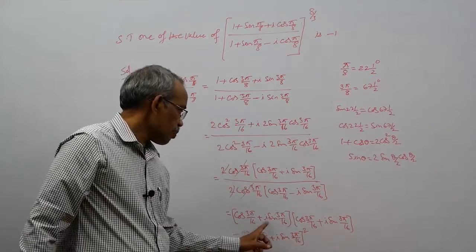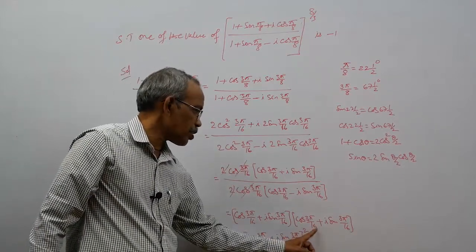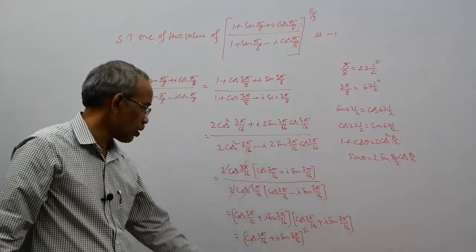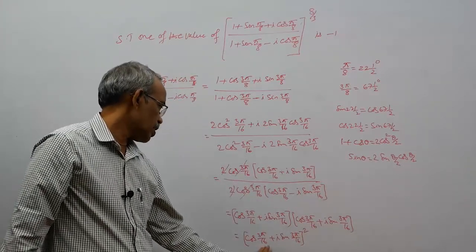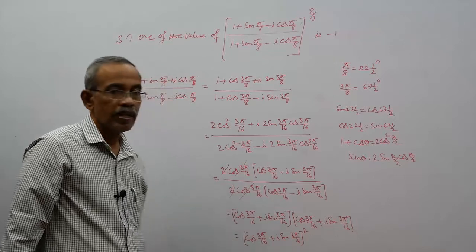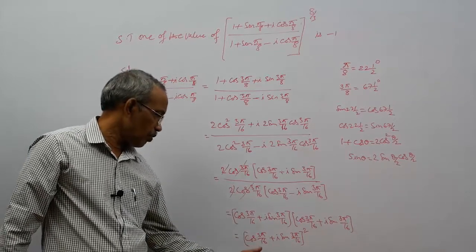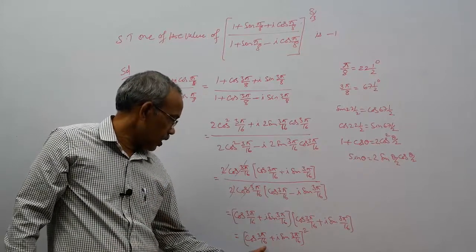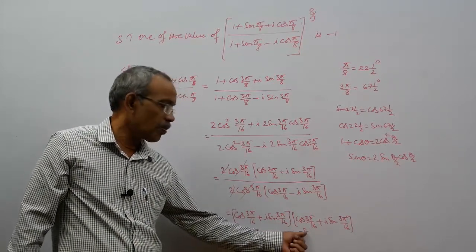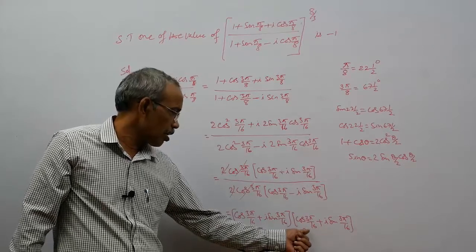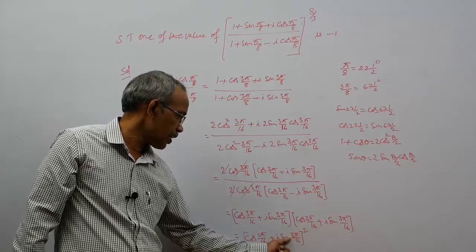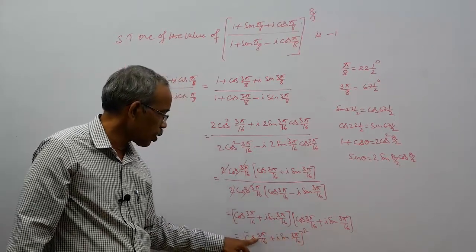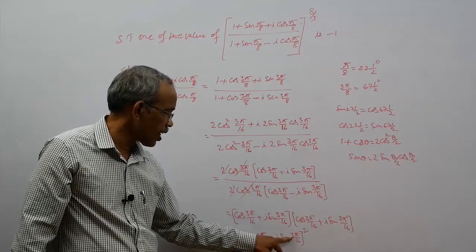Cos 3 pi by 16 plus I sin 3 pi by 16 into cos 3 pi by 16 plus I sin 3 pi by 16 is equal to cos 3 pi by 16 plus I sin 3 pi by 16 whole square. Here we have De Moivre's theorem for integral index: cos theta plus I sin theta whole power n, where n is an integer, we get cos n theta plus I sin n theta. So 2 comes here, therefore 2 into 3 pi by 16 I sin of 2 into